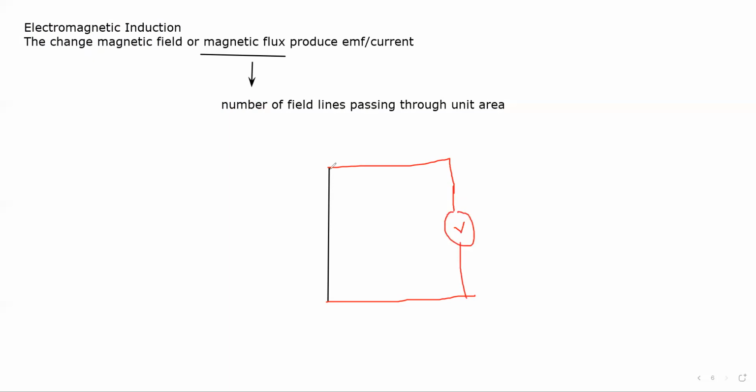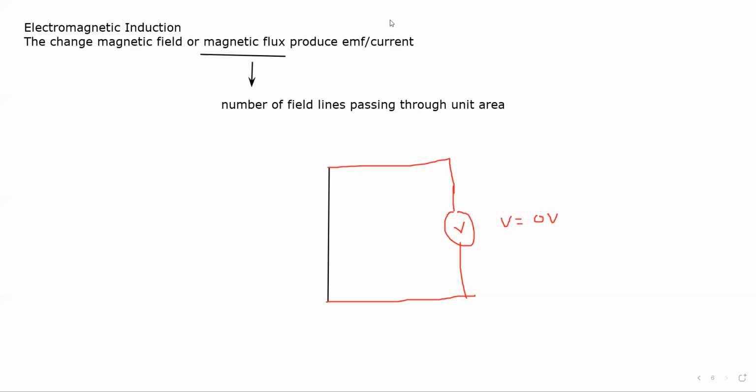What will be the reading on the voltmeter right now? If I don't have any supply, any source of energy here, what will be the reading on the voltmeter? The voltmeter will show 0 because there is no energy for the charges. Charges are not transferring or having any energy to move, so there is 0 volts.